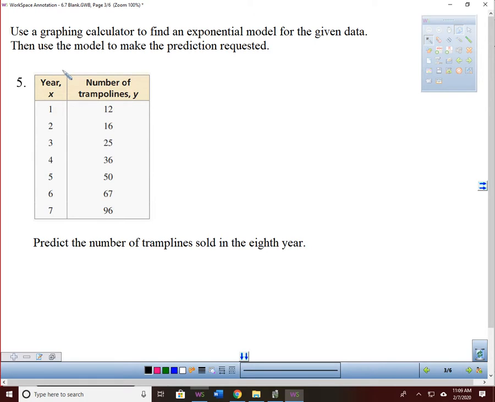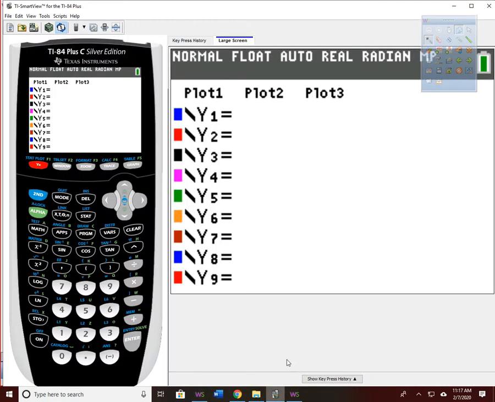Okay? All right, now we're going to grab our graphing calculators, and it wants us to find an exponential model. So it's already telling us that we're finding an exponential model for the given data, and then we're going to use that model to make the prediction that is requested. All right, so I have the year, which is my x value, and the number of trampolines, which is my y value. Okay? So I have a bunch of data, and we've done this with quadratic models, so it makes sense that we could do this with